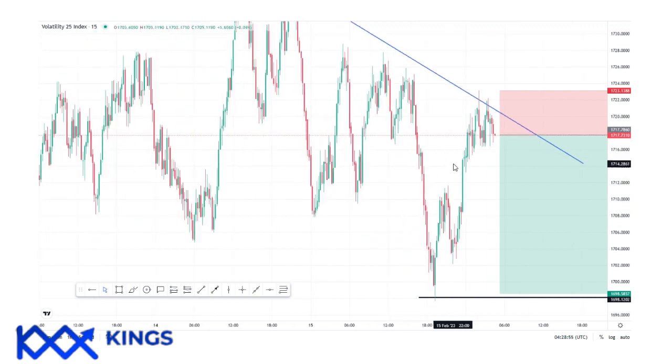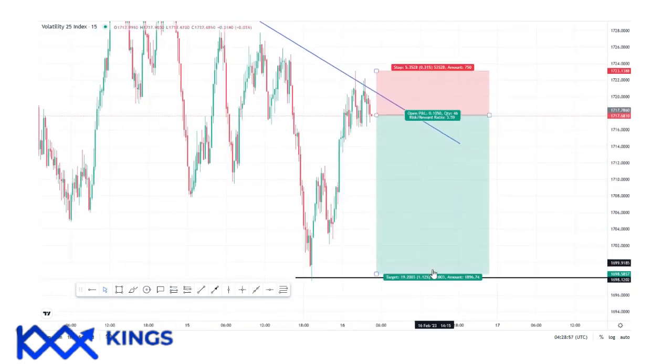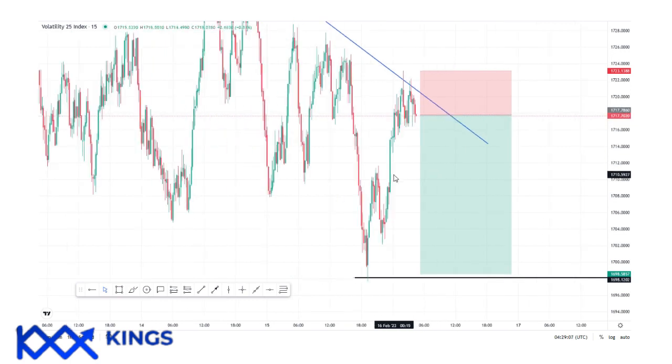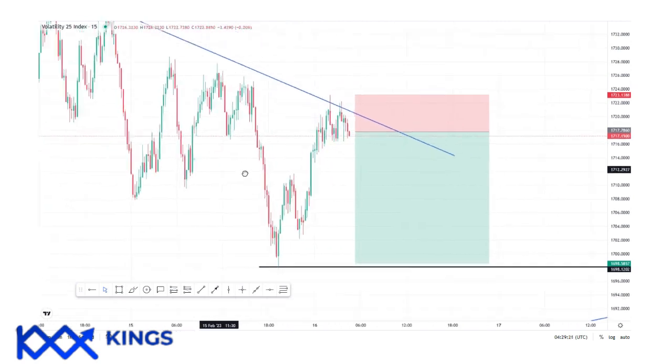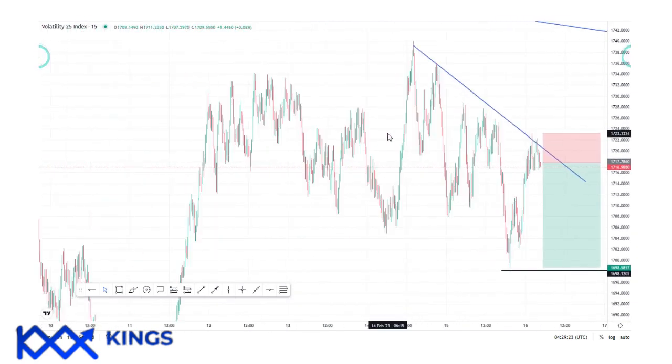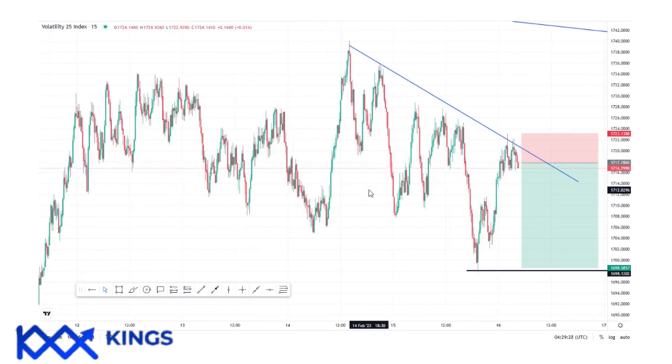So why do I even enter this trade? Why am I targeting here? And if you look here, we have a risk reward of 1:3.5 or so. Okay, so this is a very simple analysis. You don't need many lines or anything at all. What I did is I just opened my chart. This is the 15 minutes time frame anyway. Okay, so the first thing I saw